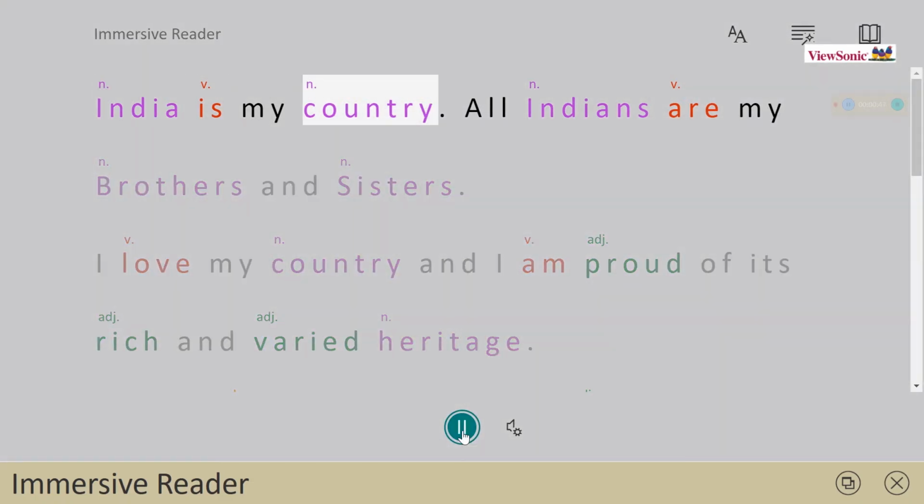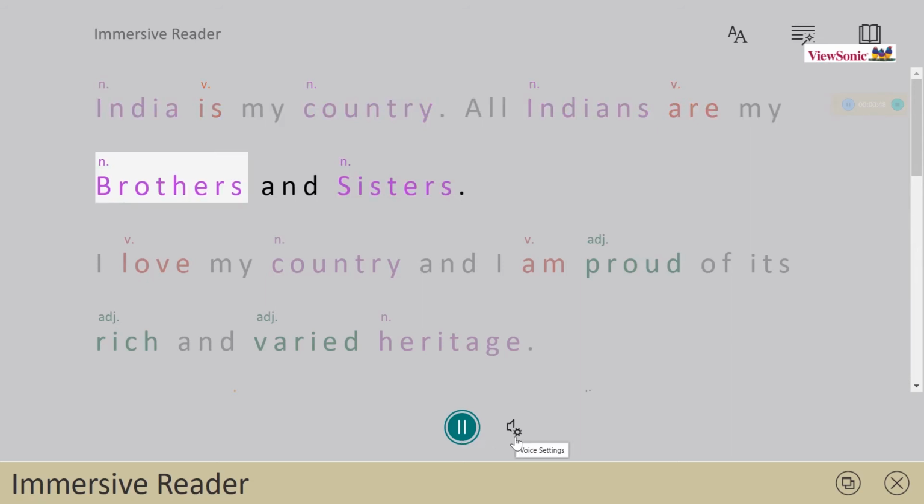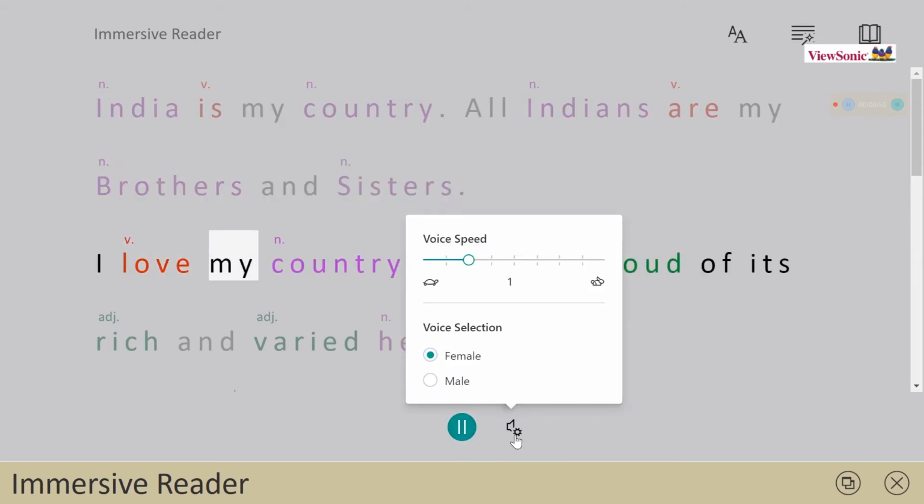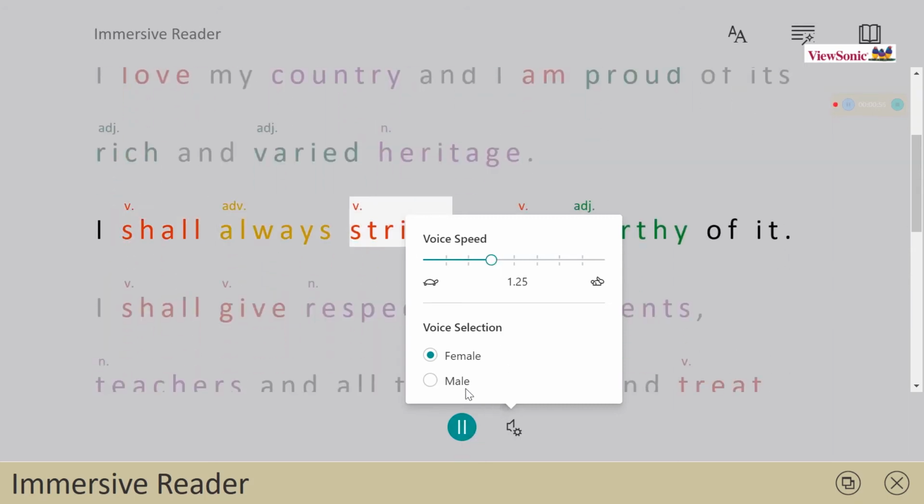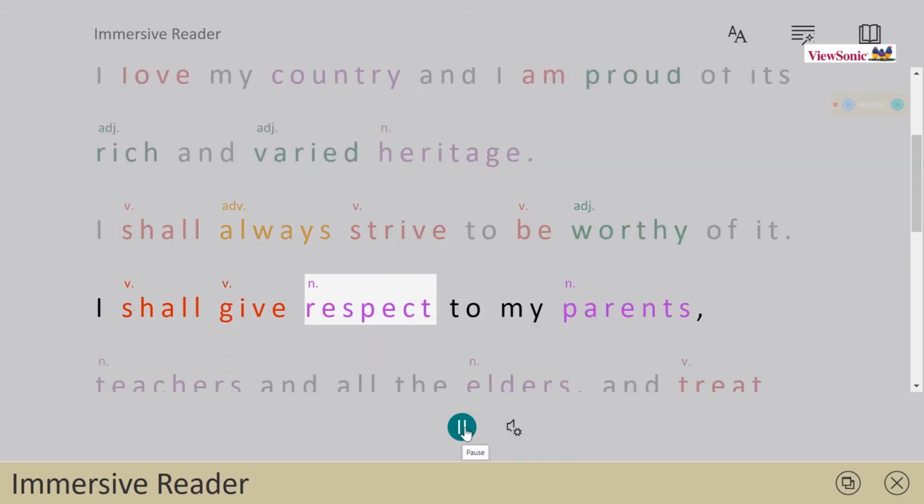India is my country. All Indians are my brothers and sisters. I love my country and I am proud of its rich and varied heritage. I shall always strive to be worthy of it. I shall give respect to my